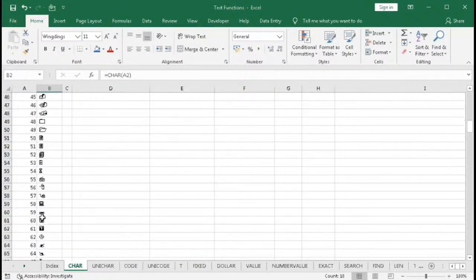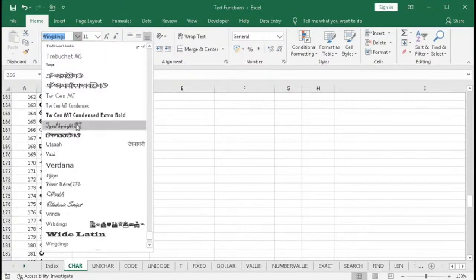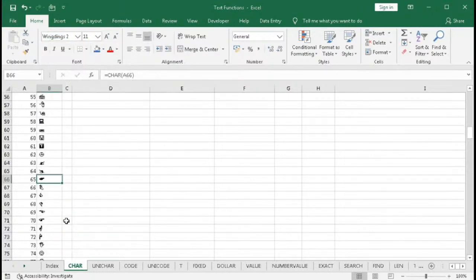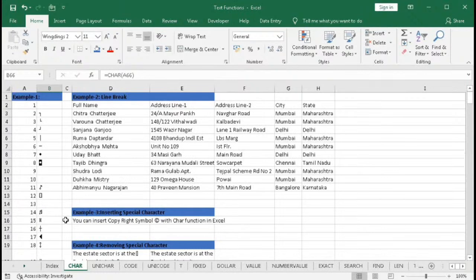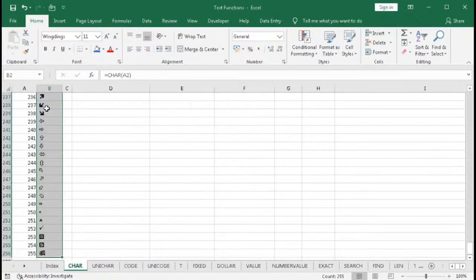In 65, instead of capital A, we have this symbol. You can see we do not have the previous symbols, we have the symbols related to Wingdings font. If you select Wingdings 2, it changes differently. So in this way you can also change the character with the help of font face, but the default characters